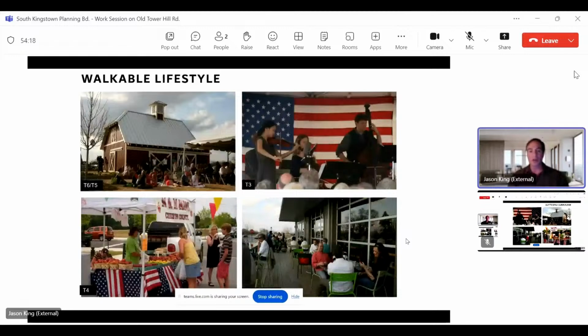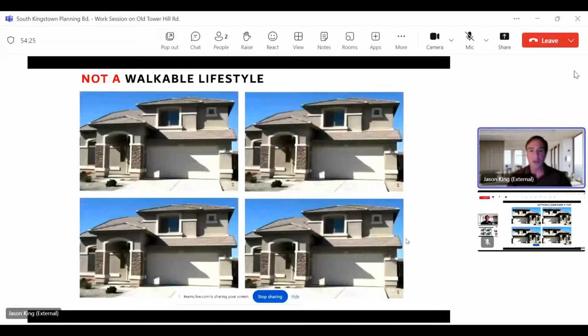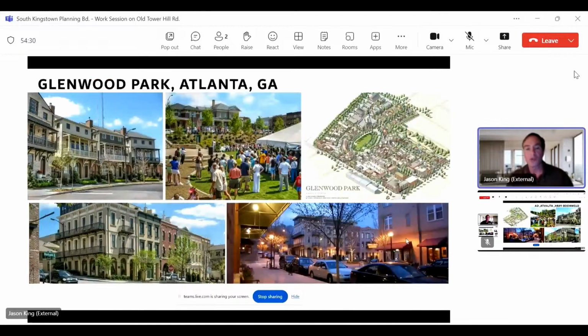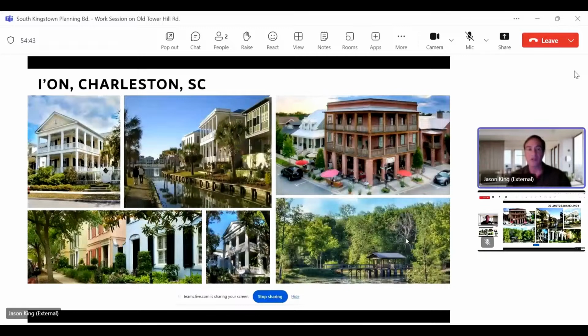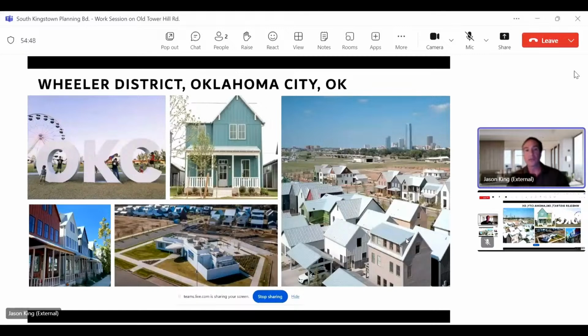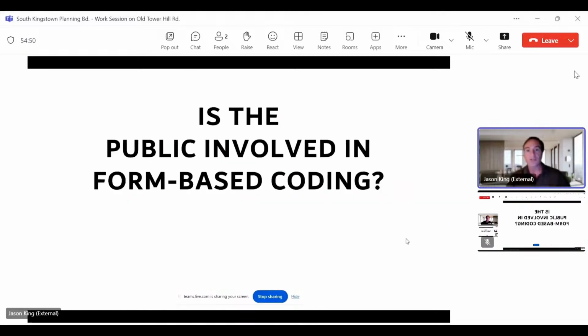The important part is that it be creating a walkable lifestyle, a place where people can live, work, and play, and we're not creating cookie cutter subdivisions of any kind. Half of my clients are developers. I've said that, and we've done whole new communities working with developers, which have a single style, and the style in Charleston, South Carolina, of course, is very different than the style in Oklahoma City. So, a lot of success stories.